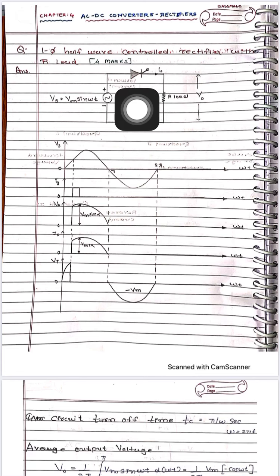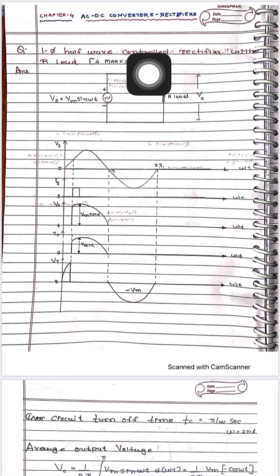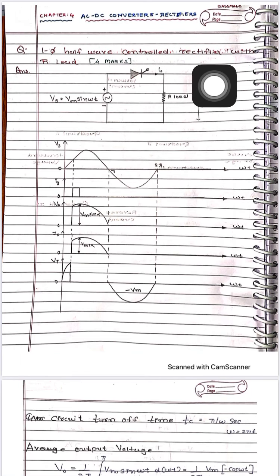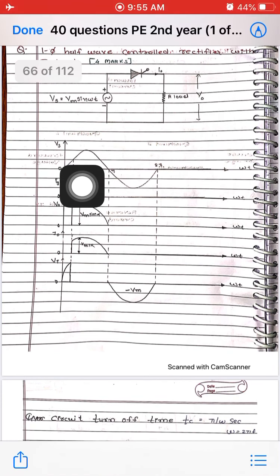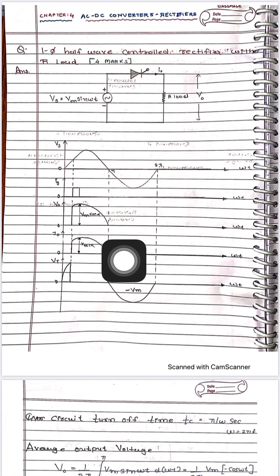But see, the voltage from the source side is positive or negative. See, this is the positive direction of voltage, this is the negative direction of voltage, right. So, if current flows from here, we can say the voltage appears in the reverse direction, and if the current flows in the clockwise direction, the voltage appears in the positive direction, right. So, here is the positive direction. That is why the voltage appears in both directions.